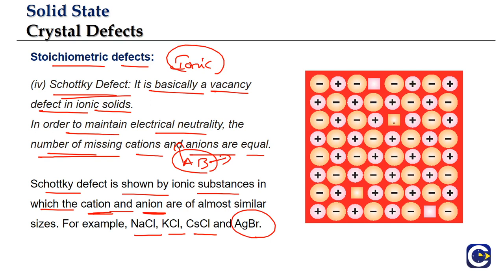So how do we understand the Schottky defect in terms of the diagrammatic representation? We can see that there are places like here where this should have been what? Negative ion, and here this should have been a negative ion. Here this should have been what? Positive, and here this should have been positive. The number of positive ions missing will be equal to the number of negative ions if we consider an AB type of ionic substance, and overall the electrical neutrality will be maintained. And since it is a case of vacancy defect, what is going to happen to the density? Since it is just a vacancy defect, density is going to be decreasing.